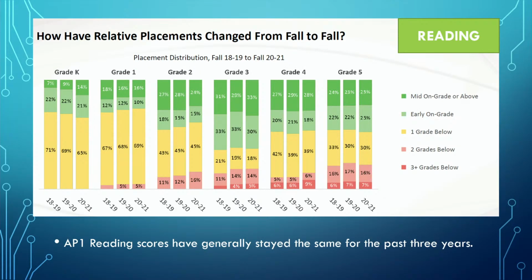All right, so this slide is showing our reading data for AP1 diagnostic that we just took this fall for elementary schools, and it's showing year over year, so the last 3 years, for the fall AP1. And as you can see, there's not really a whole lot of change over the last 3 years in reading. This is somewhat good news because we expected more of a drastic and negative effect with COVID. So this was fairly good news for us that it's pretty much staying the same.